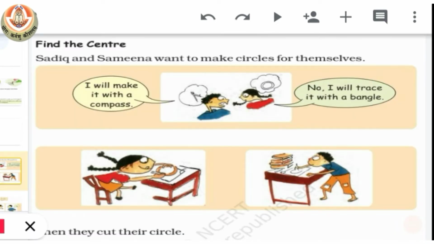Let's see how we can find the center of a circle where we don't know where the center is, meaning there is no center point as we have in the case of a compass.